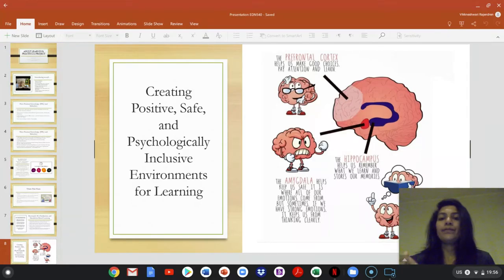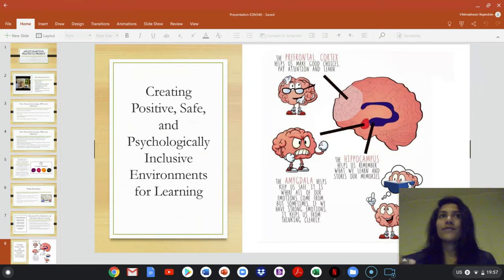When the amygdala is subjected, over a period of time, to lots of stressful situations, it doesn't regulate those emotions very well, and it doesn't help us make very good decisions. So it's really important to think, I know we use it subconsciously, but consciously to think about that and be aware that